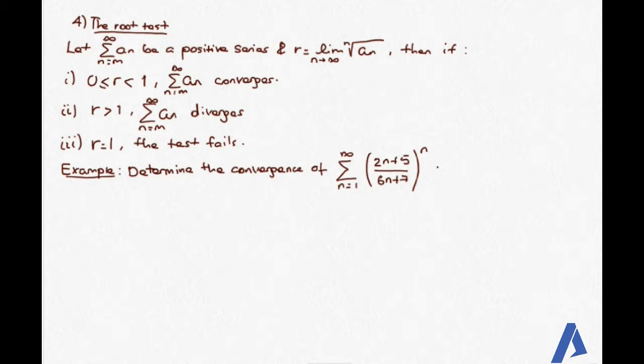በመቀጠል the root test እናያለን። ስለዚህ let's say we have a positive series, the summation of a_n, and if r is equal to the limit of the nth root of a_n as n approaches infinity, then we have three cases similar to the ratio test. If r is between 0 and 1, r ከ0 ጋር እኩል ሊሆንም ላይሆንም ይችላል። ስለዚህ እዚህ ኮንዲሽን ላይ ሰሜሽናችን ኮንቨርጅ ያደርጋል። If r is greater than 1, ሰሜሽናችን ዳይቨርጅ ያደርጋል, and if r is equal to 1, ቴስታችን ፌል ያደርጋል። ማለትም ሌላ ቴስት ነው መጠቀም ያለብን ማለት ነው።